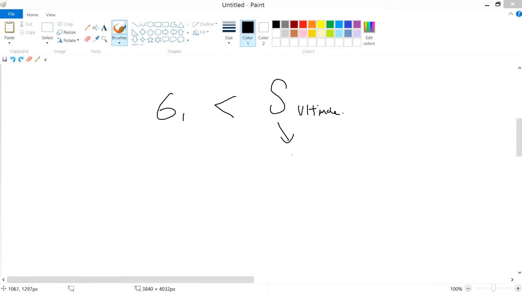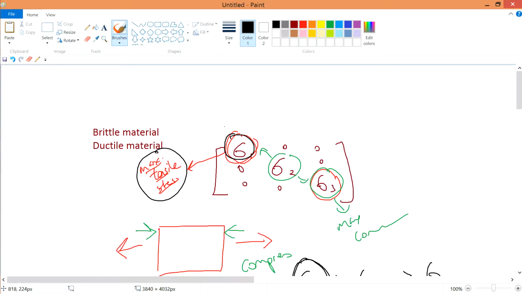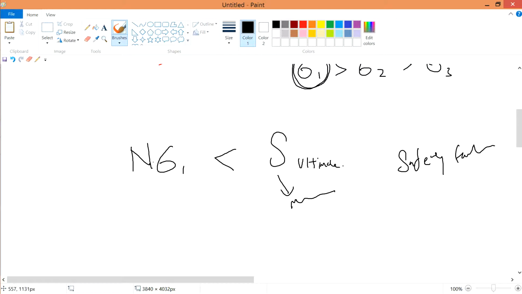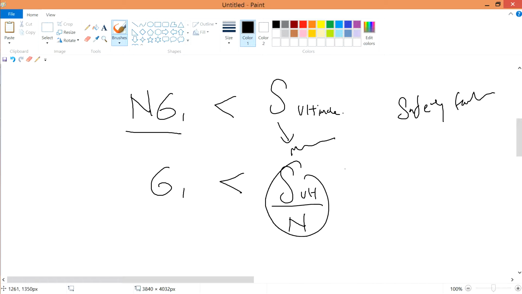If you design something, you need a safety factor, so we have a safety factor, which I call N, multiplied with our system's maximum tensile stress. Therefore I can rewrite this sigma 1 as simply S ultimate over N, where this is the failure criterion